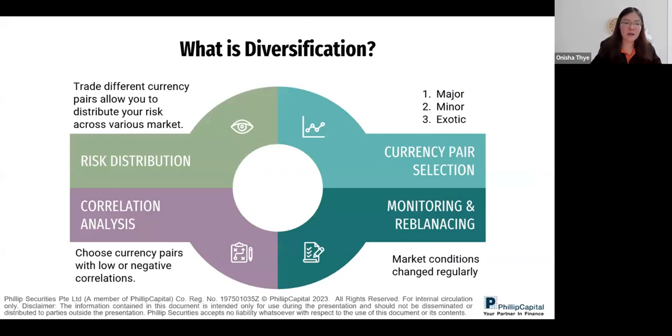Then you see what different currency pairs you can put your eggs over: the major, minor or exotic pairs. So for example, for major you can put Euro USD, for minor you can put Euro Japanese Yen, and exotic is like Canadian Japanese Yen. And then you need to search up or calculate, or you don't have to calculate yourself, but there are